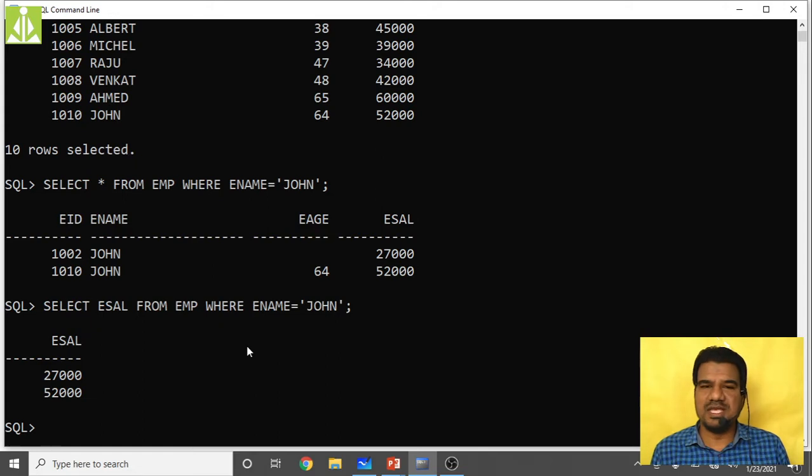Simply seeing the salary details is not sufficient. It is not giving the full clarity. So I want to know the EID as well as salary, employee ID and salary.